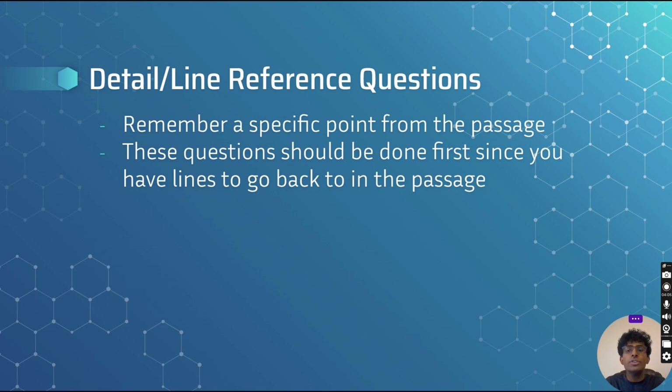All right, detailed line reference questions. This is probably the one with vocab and context that you should be doing first when you're answering questions. It's a specific point from the passage, and you have specific lines to go back to in the passage, so you'll be able to just jog your memory on what exactly was there,